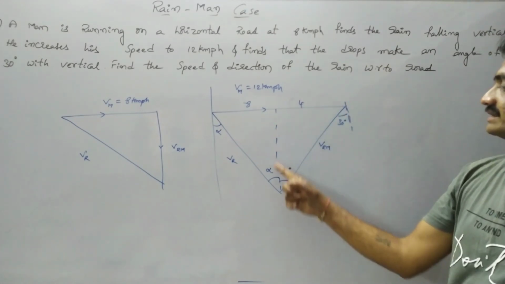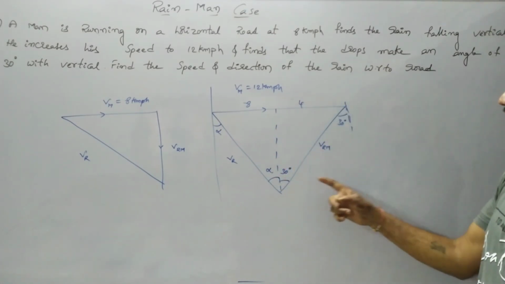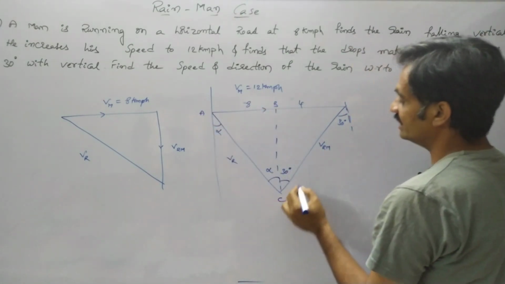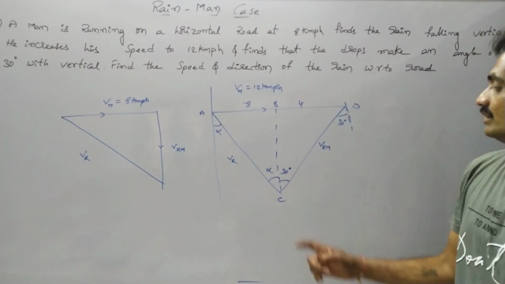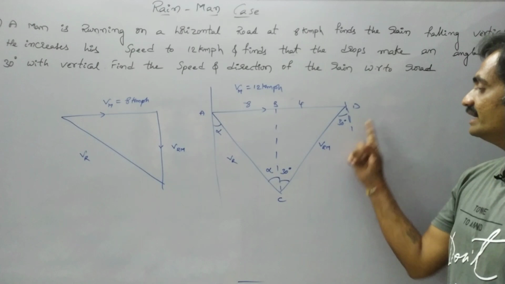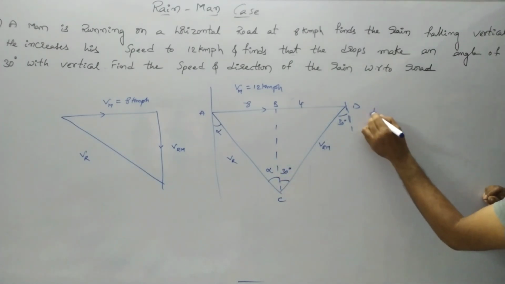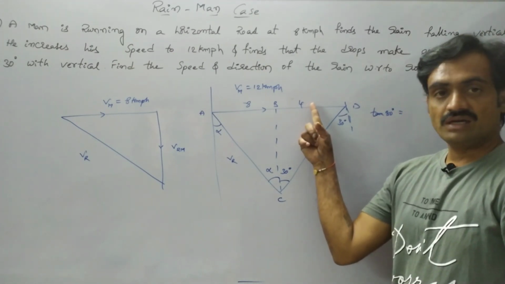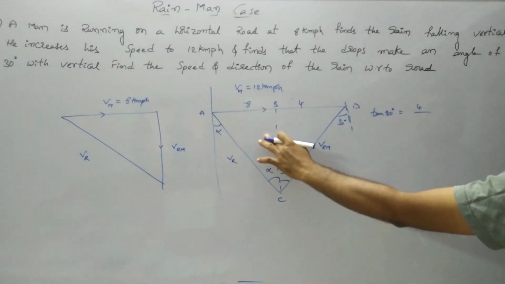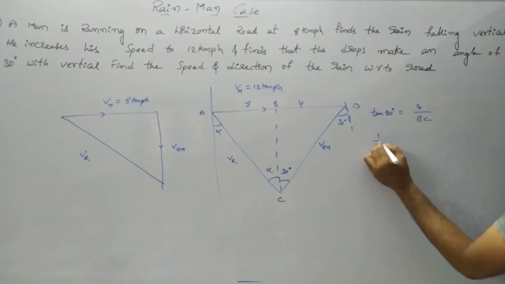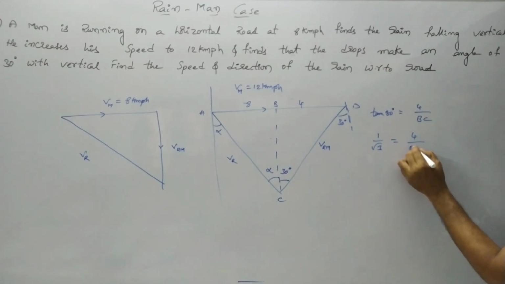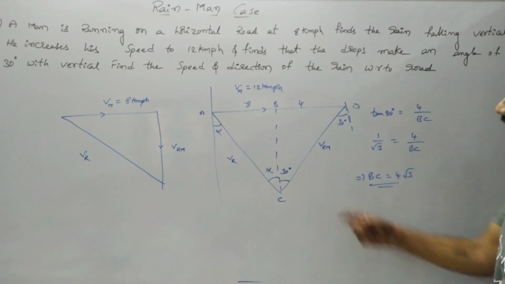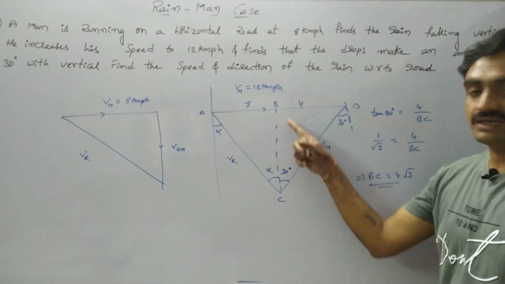From this we have to represent the equation. Observe that it is a right angle triangle and we represent the points as A, B, C and D. Now consider the triangle BCD. From BCD, tan 30 equals opposite side by adjacent side, which is 4 by BC, where tan 30 equals 1 by root 3. Then we have 4 by BC, so from this BC equals 4 root 3. Now we have represented the magnitude of the line BC.